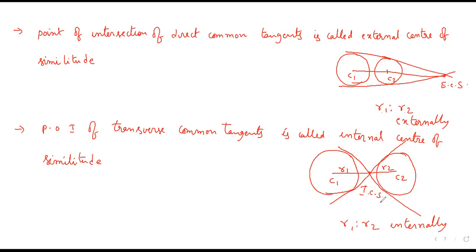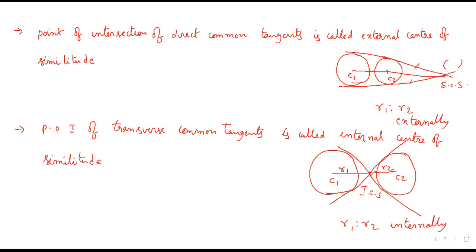And to find the direct common tangents and transverse common tangents, you can use the center of similitude and the R equal to D condition. So to find the equation of tangents, first we find this point. By using R1 is to R2, we get this point, and after that we apply the tangent equation. By taking the slope m, we will get one equation, and by equating R equal to D, we will get m values. So two m values give two tangents.